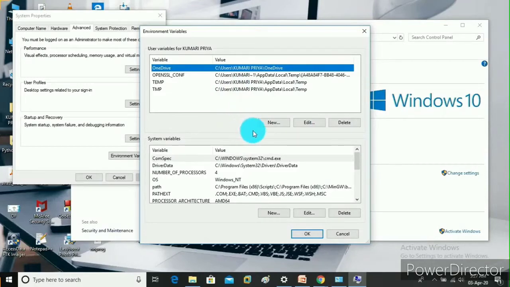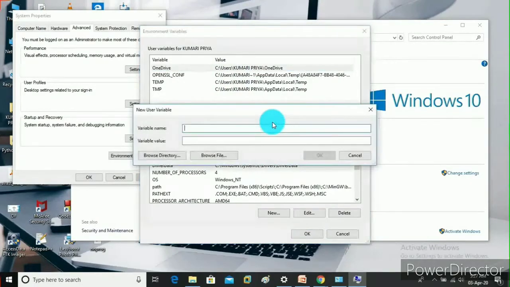For this you have to click on new. Now you can see variable name and variable value. So just write path as a variable name. And for variable value you have to click on browse directory.